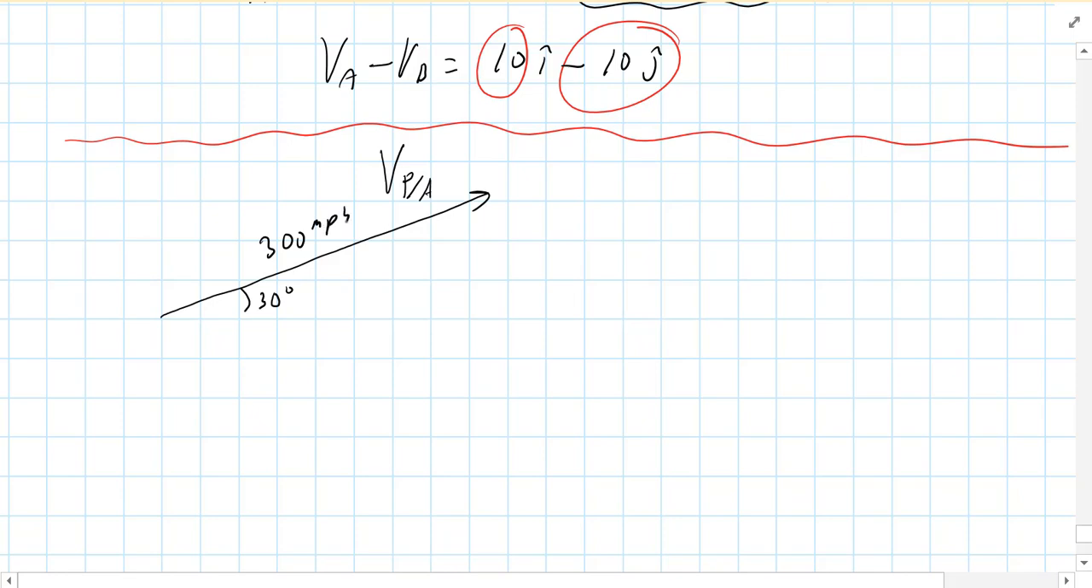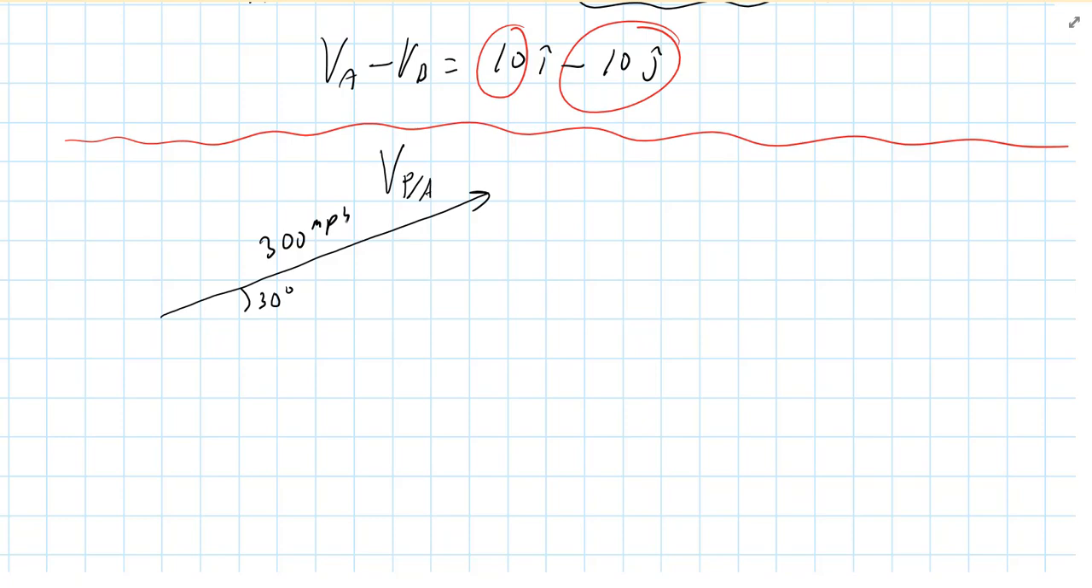Okay? So if you were the pilot of the plane, your airspeed indicator would say 300 miles per hour, and your compass would say 30 degrees. This is which way you're pointing the plane. This is how fast you're moving with respect to the air. Okay, so your compass would say 30 degrees, and the airspeed indicator would say 300